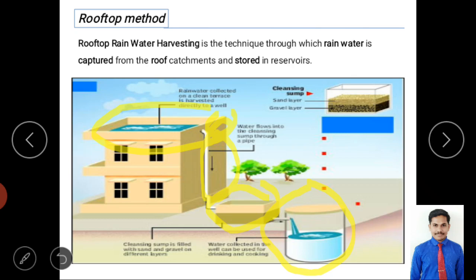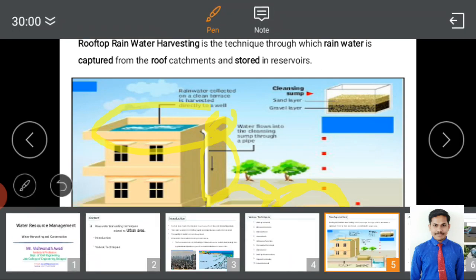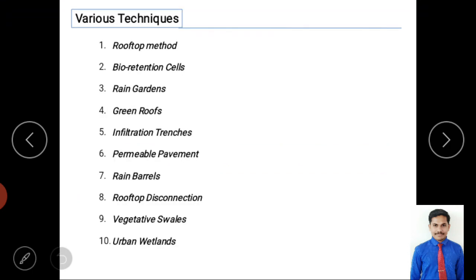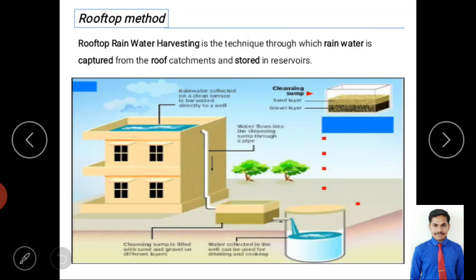And whatever other methods there are, we adopt the same method; the only change is how to use the water. Mainly this focuses on how to use the water. For example, here we are using the water as underground storage, and this is one of the water harvesting techniques, mainly in urban areas.